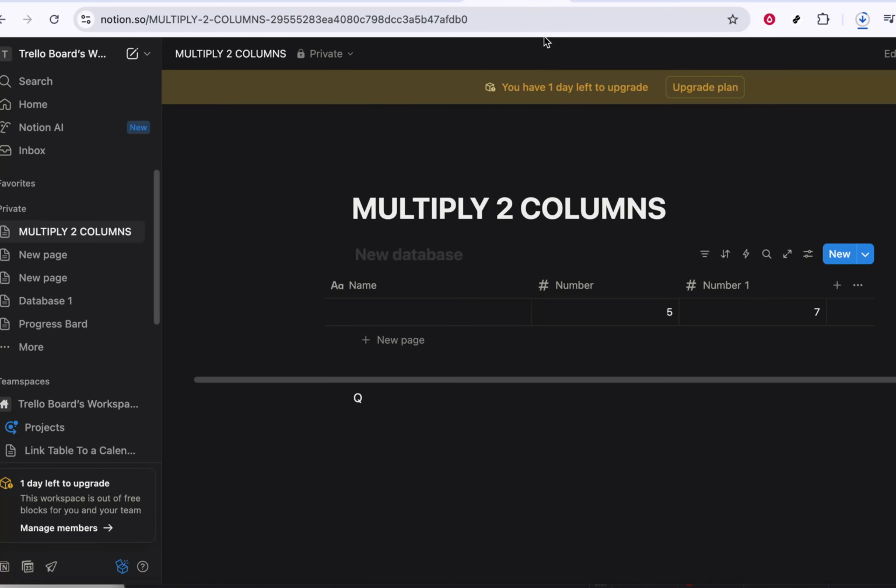In today's video, I'm going to teach you how to multiply two columns in Notion. Whether you're tracking numbers or managing a project, Notion's powerful database features make it easy to perform calculations right within your workspace. Let's go through this process step by step so you can enhance your Notion experience by multiplying values